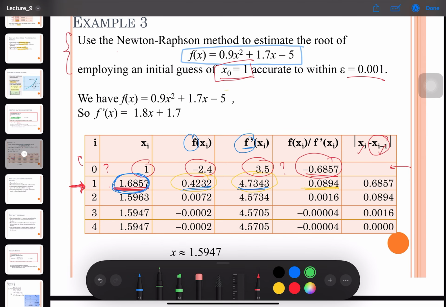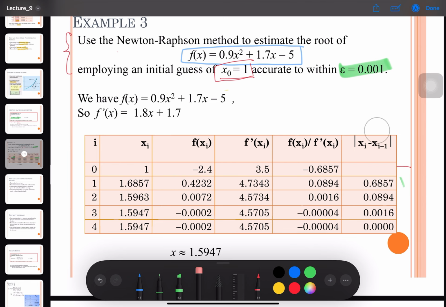Your error will be x1 minus x0. So x1 minus x0, you get this answer. Okay, check the error is still larger than the given error here. This one, given error here. So you have to continue with the